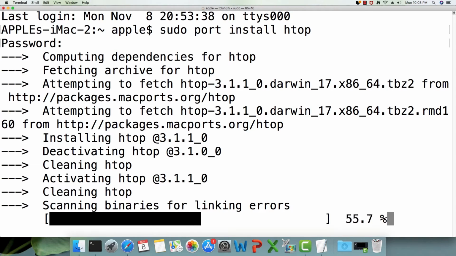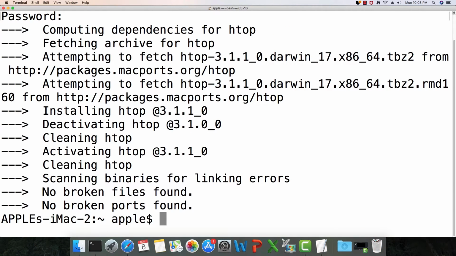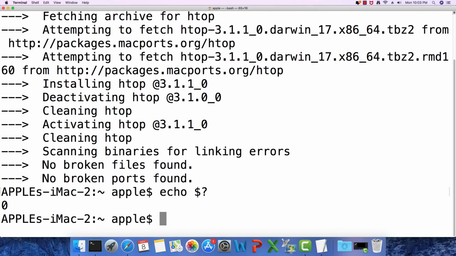Okay, I guess it is downloading. No, it has already downloaded. It seems that the installation is successful. I'm just going to say echo $?, which returns the status of the last executed command on the command prompt. It means that the installation is successful because this command returns 0.